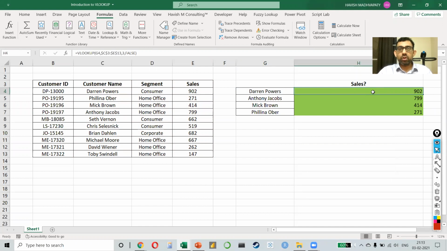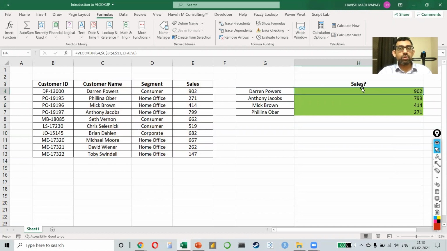One option to see the formula in a cell is to look at the formula bar. The other option is to press F2. That will take you inside the cell and you can see the formula, or you can also double click. The double click and the F2 is the same thing.